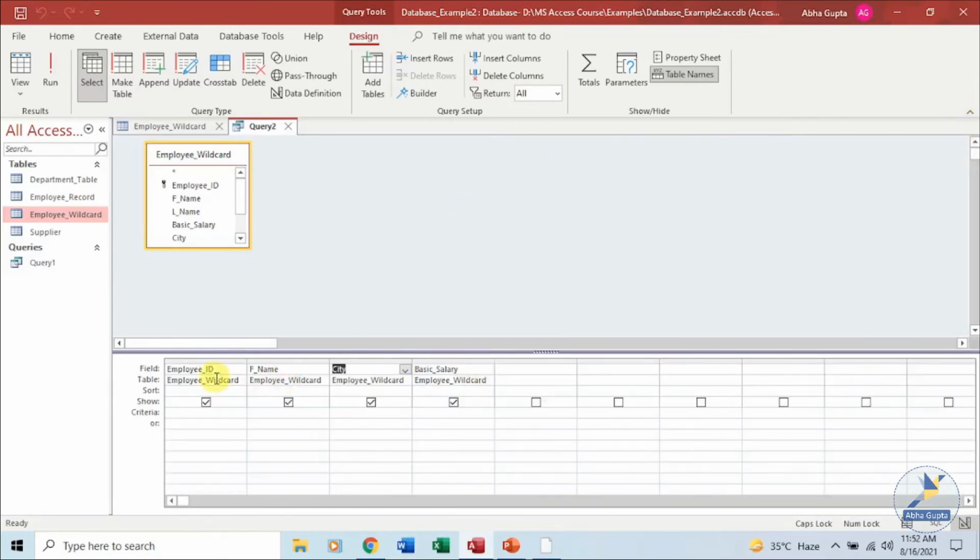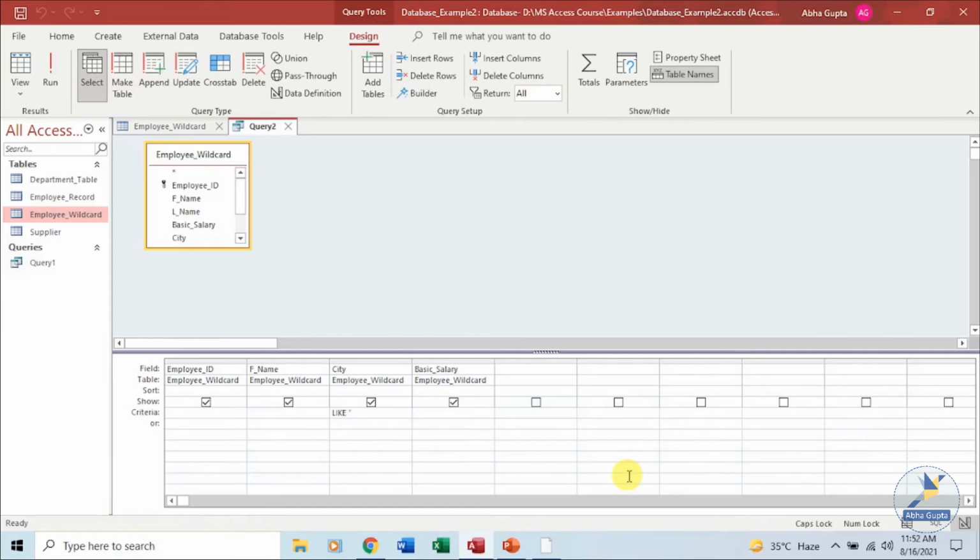We don't need this. So we have 3 or 4 fields over here, and let's make use of the wildcard characters. I said the asterisk can be used to represent one or more characters in a search string. So we'll specify the criteria over here. Wildcard characters are mostly used with the Like operator for pattern matching. Since we use wildcard characters for pattern matching, we make use of the Like operator. It doesn't matter whether it's lowercase or uppercase.